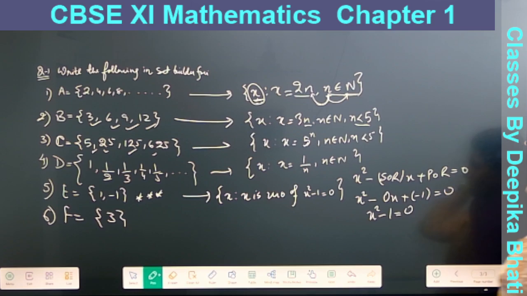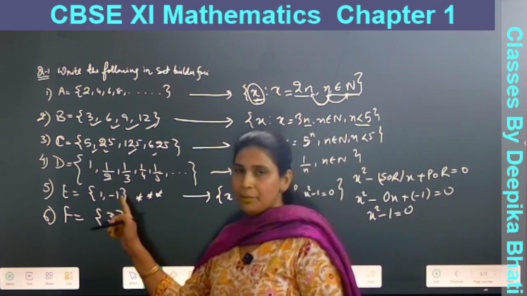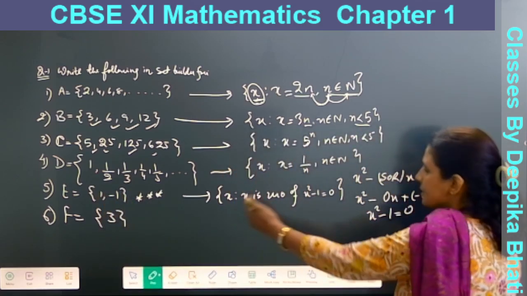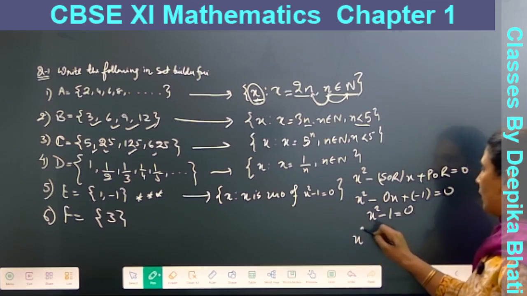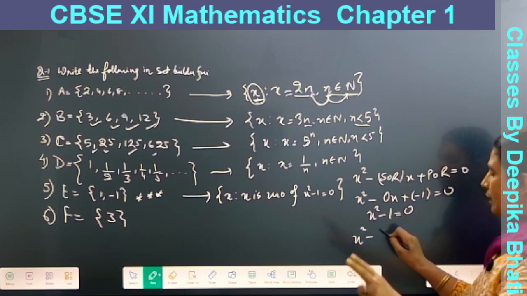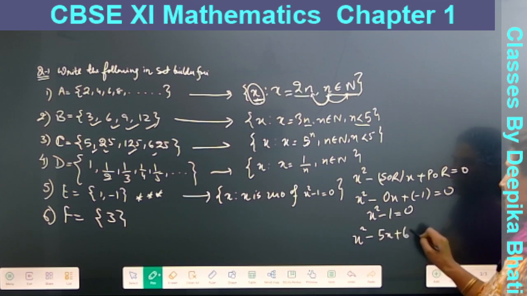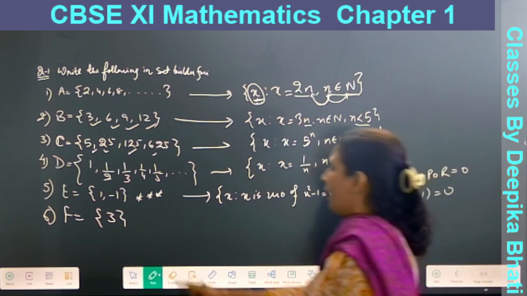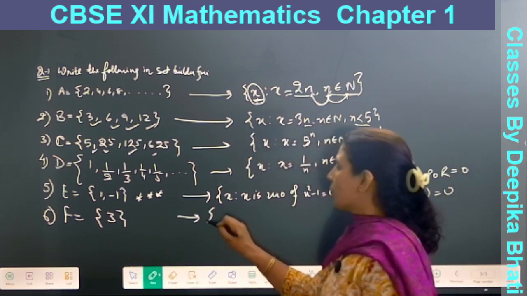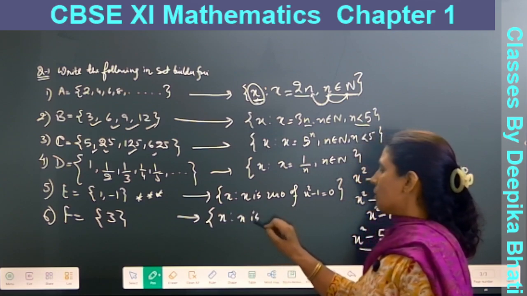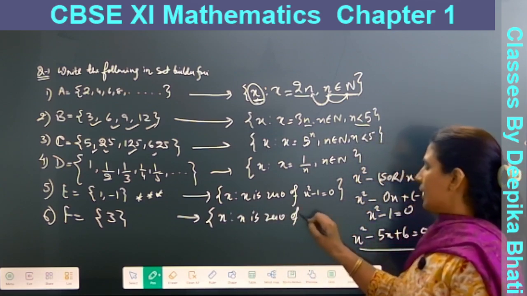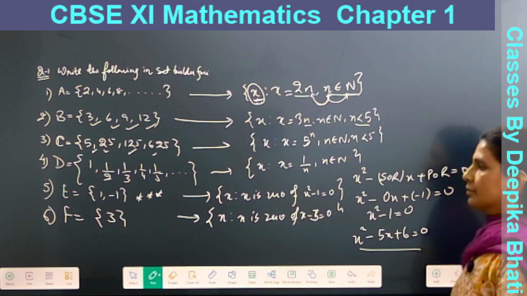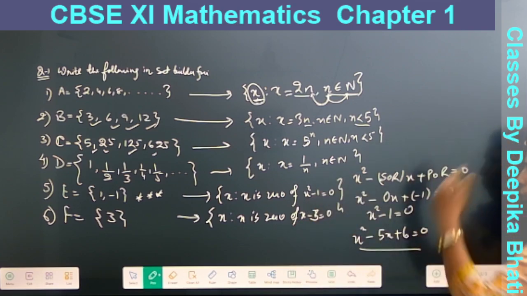Okay. So say if you have 2 and 3, suppose another set 2 and 3. How will we write it? x such that x is a zero of x square minus 5x plus 6, since their sum is 5 and their product is 6. So this would be the equation. And here we place a linear equation: x is a zero of x minus 3. Here we have linear, here we have quadratic.